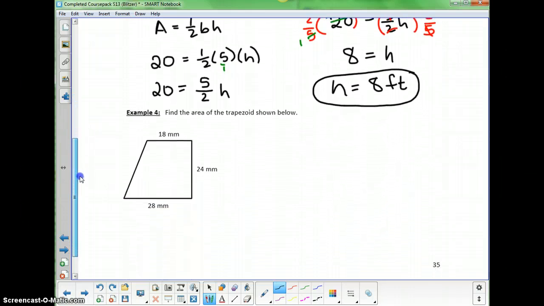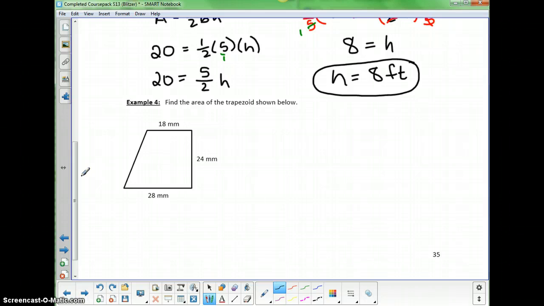Alright, and the next one, I want to find the area of this trapezoid. Okay, so let's label these: big base, little base, and height. This is a straight line, not a diagonal line, so it's actually the height. So the area is